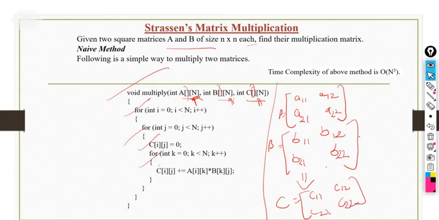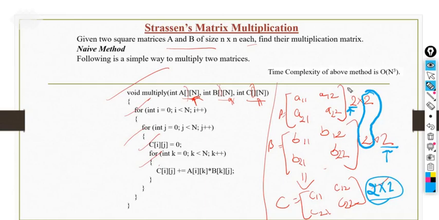If A is a matrix, B is a matrix with these 4 elements, then C will be the matrix after this 2 by 2 matrix itself, right? Whatever the size of A and B, the resultant matrix depends on the rows and columns of the matrices, like a 2 by 2 matrix and a 2 by 2 matrix. So we need to take care that the columns of the first matrix and the rows of the second matrix should be the same, and whatever remains as the dimensions, here 2 2, will be the size of the resultant matrix, 2 by 2, right?